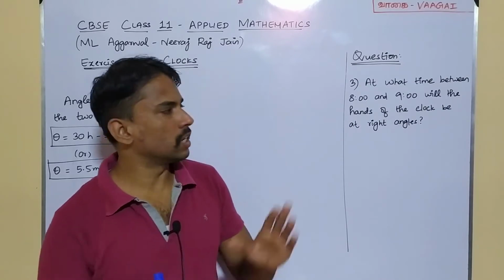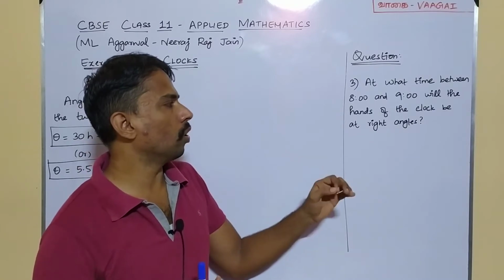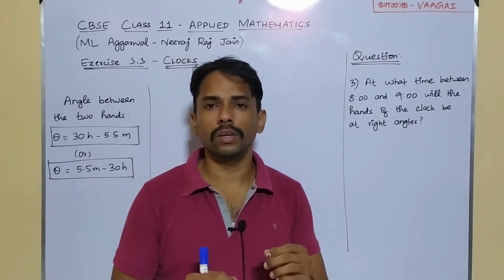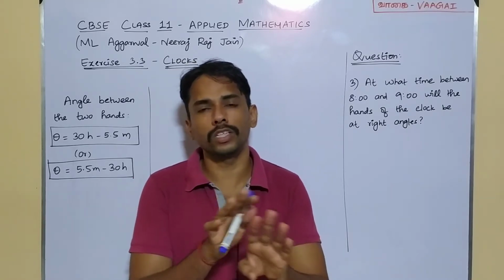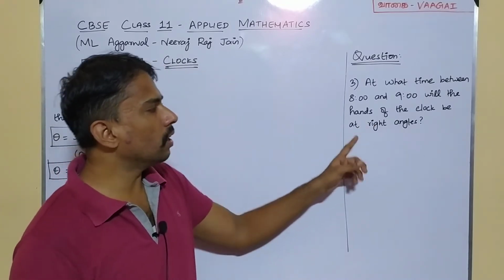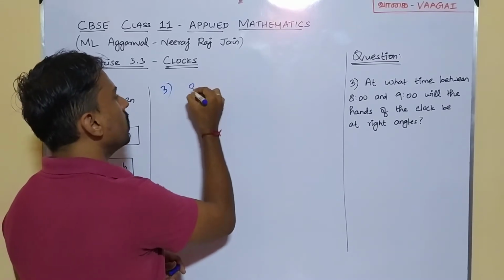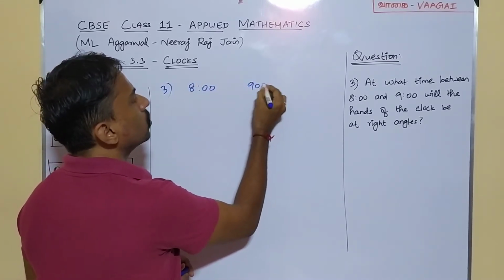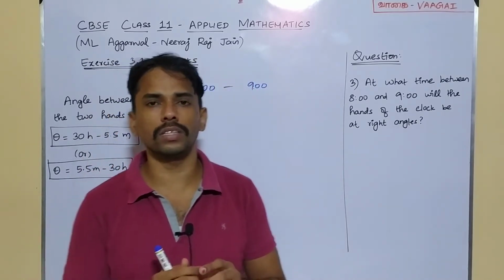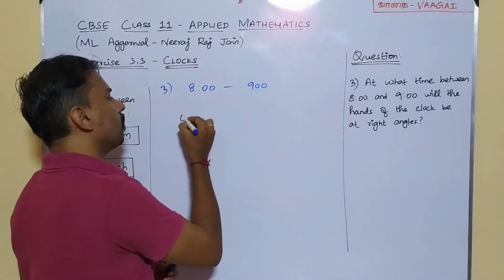Moving to our next question, question number 3. At what time between 8 and 9 will the hands of the clock be at right angles? In our previous two questions, we dealt with the concept of the hands meeting or coinciding with each other. But this question is based on the hands being at right angles. So at what time between 8 and 9 will our hands be at right angles? Here we have to importantly note one thing. What do you mean by right angle? Our theta value will be